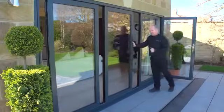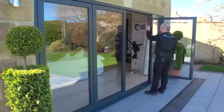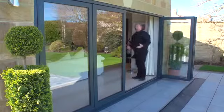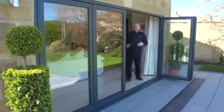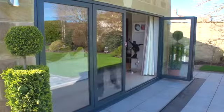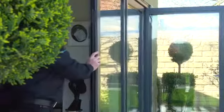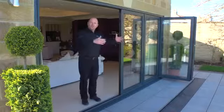If we take that a stage further, let's imagine that you were utilising this space here. You're maybe having a cup of coffee, a cup of tea, or sharing a glass of wine with friends, and maybe the weather changes. The wind picks up, or it's getting late in the evening and cooling down, or the kids are moving in and out of this area. This door system allows you to move entire sections, like a partition wall, to get cover in the area of the room that you happen to be sat, or to change the area that you move in and out of